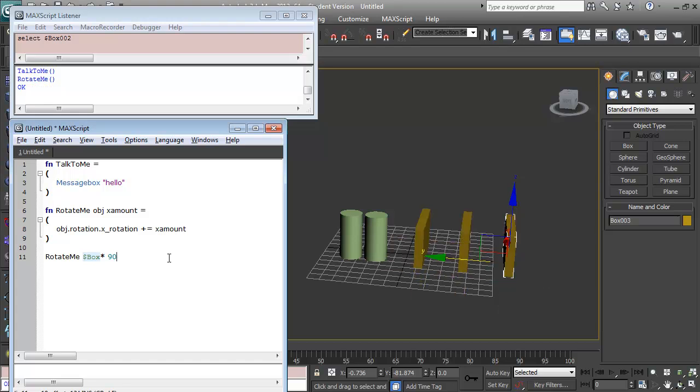It rotates the boxes by 90 degrees, but it doesn't touch the cylinders. If I were to do this expression here, that would just be rotating everything no matter what's selected. So I only have one box selected, but now it's rotating everything. Okay, so these are quite useful little commands to learn. It's just $star is everything, dollar on its own is just your selection, dollar box star or whatever you might have is